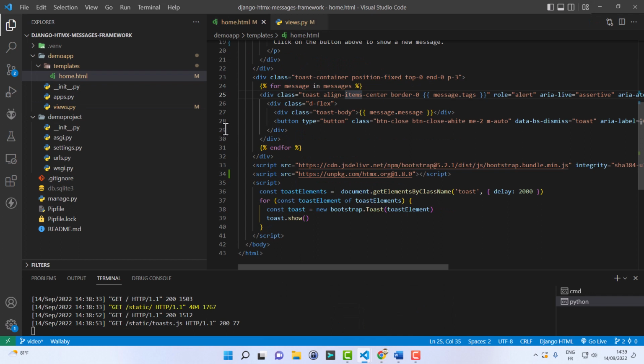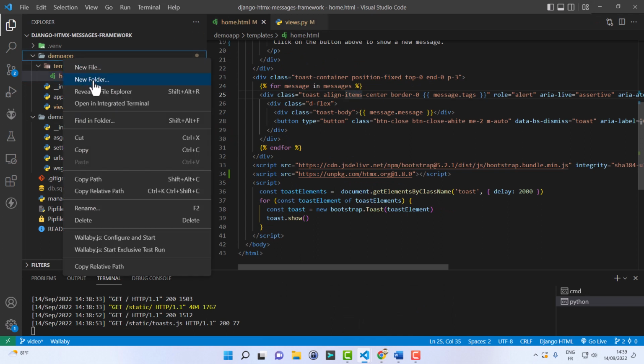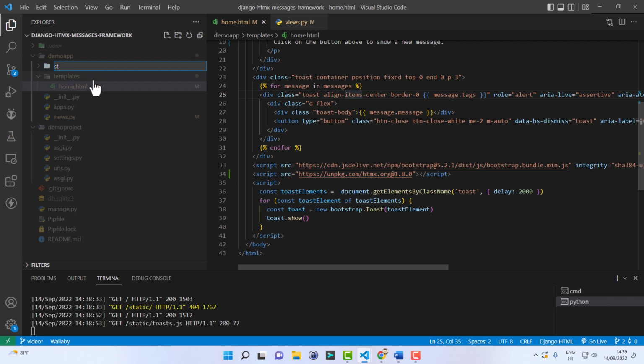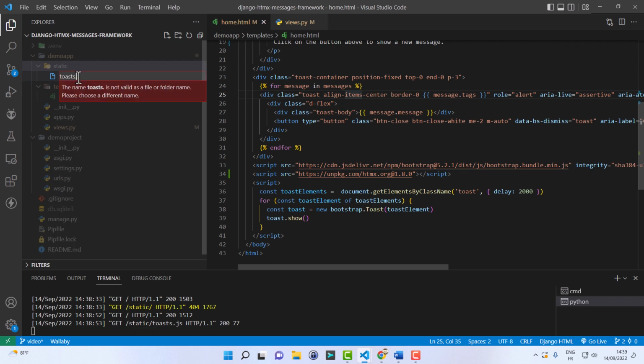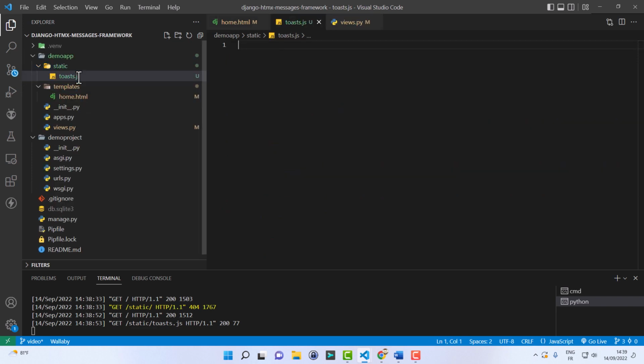Let's create a new JavaScript file in the static folder. Let's call this file toasts.js. In this file we'll do htmx.on. This will listen to an event. In our case the event is messages. This is the key in the JSON object that we send in HX-Trigger.